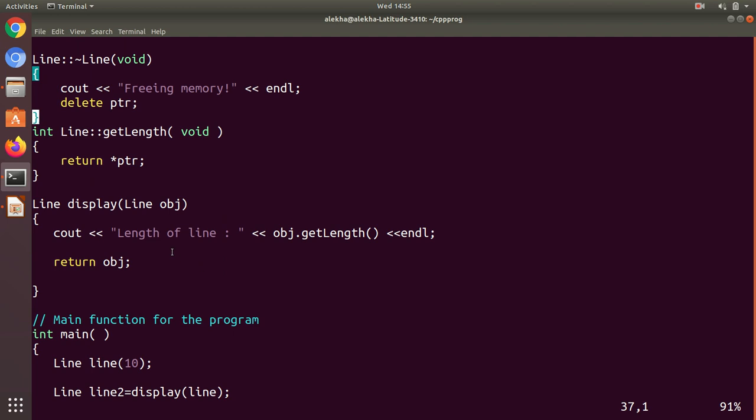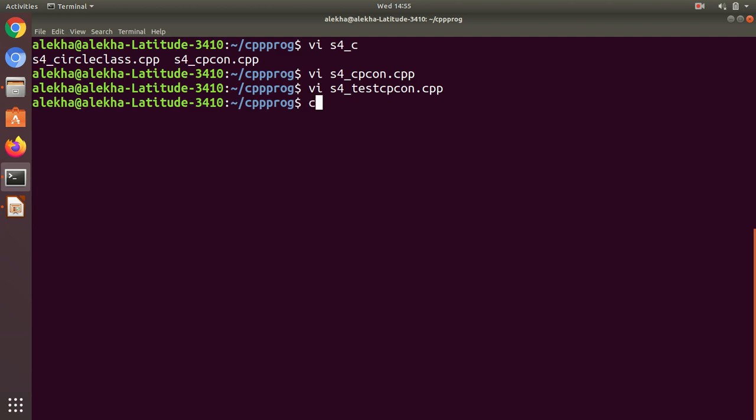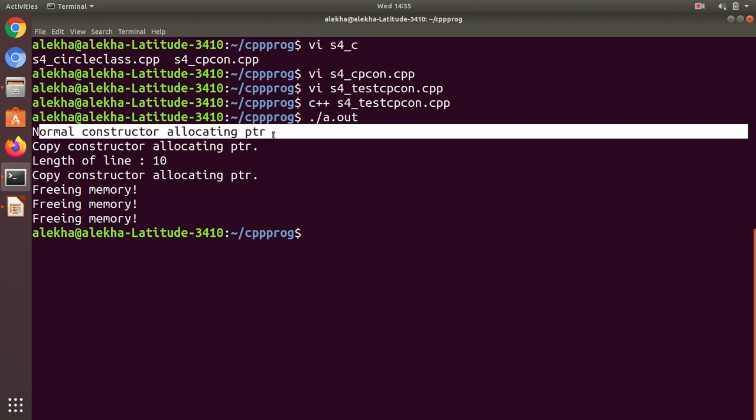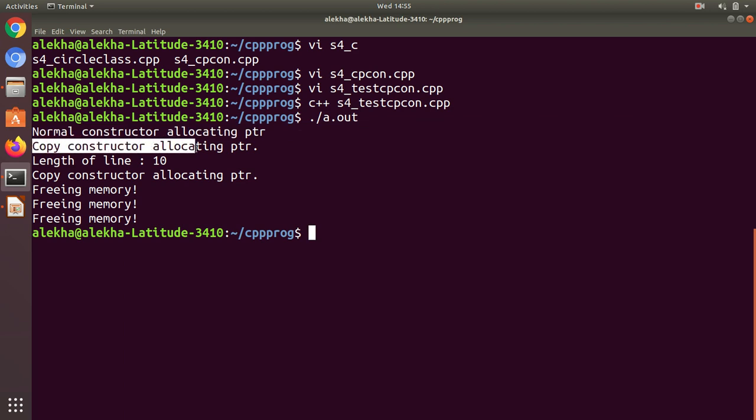So if I pass a reference here, I'll show you that. Let me show you first the call. Yes, a normal constructor allocating the pointer, this is for the parameterized constructor. Then you see that when display is called, the first copy constructor is called to create the local variable, because the parameter is passed by value.